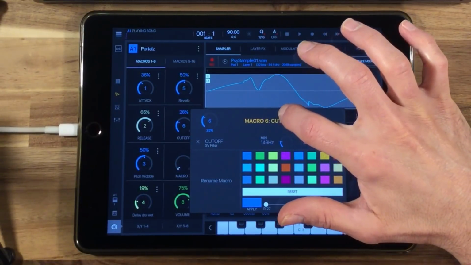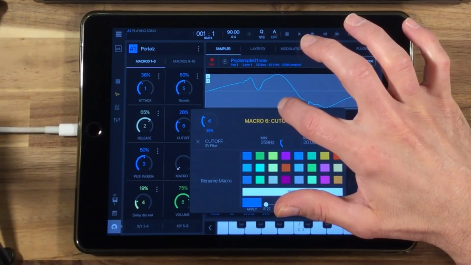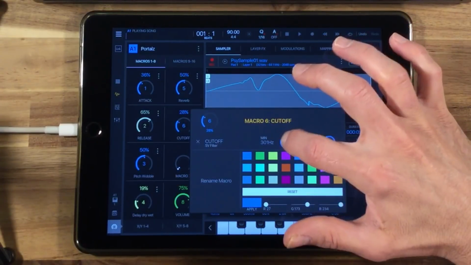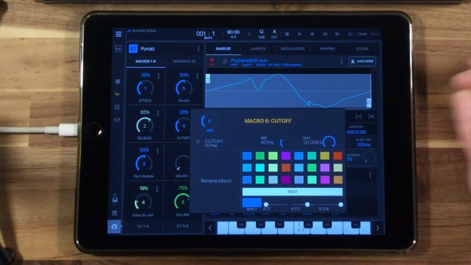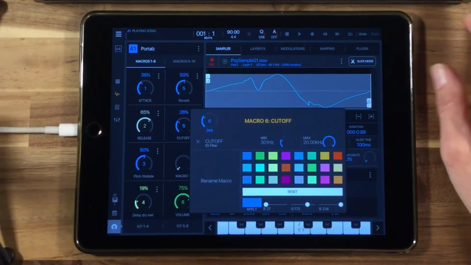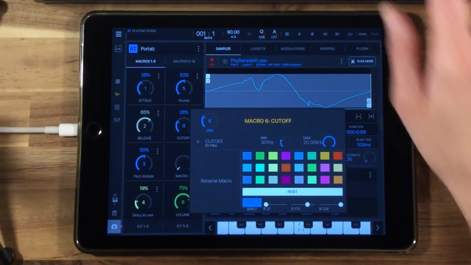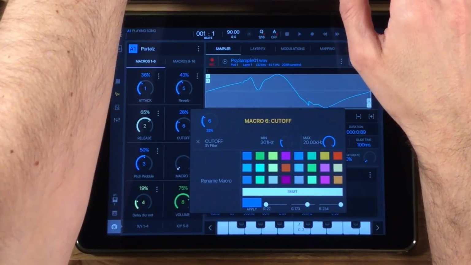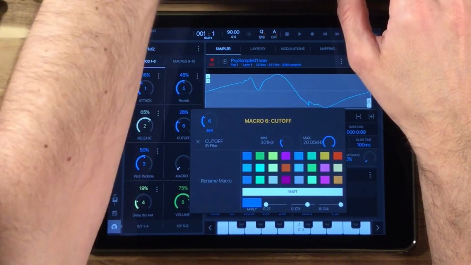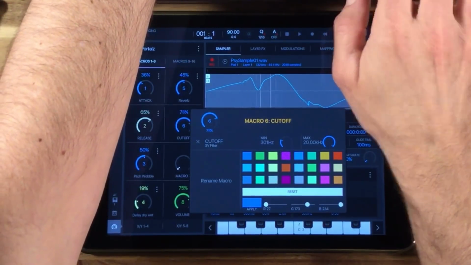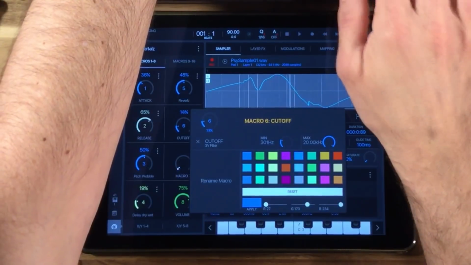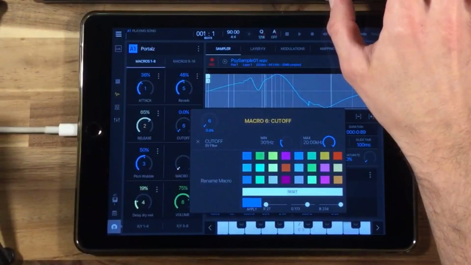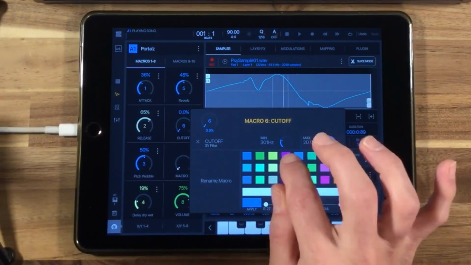Probably don't want this to go down super low. I find that like 300 hertz is probably about as low as I like to go for the most part, unless you want to be able to filter that sound all the way out in the mix. But let's see, it's macro 6. But I find typically that at about 300 hertz,